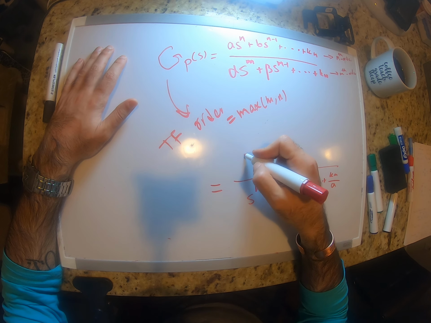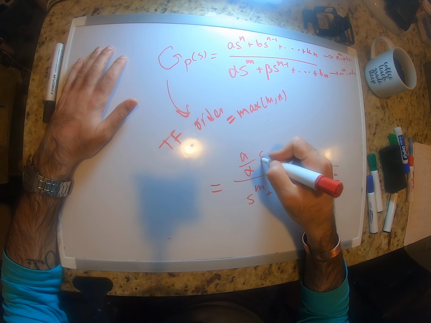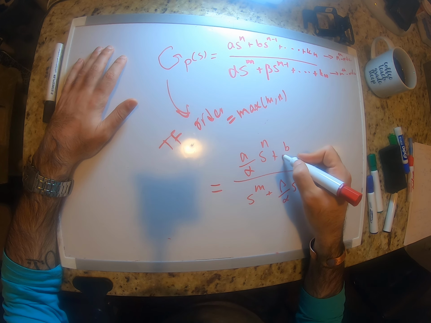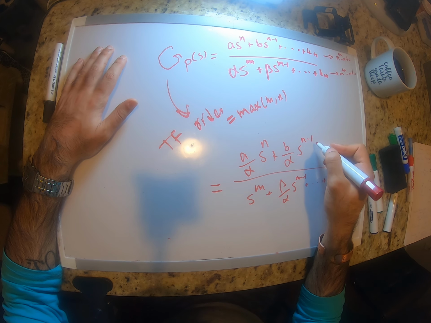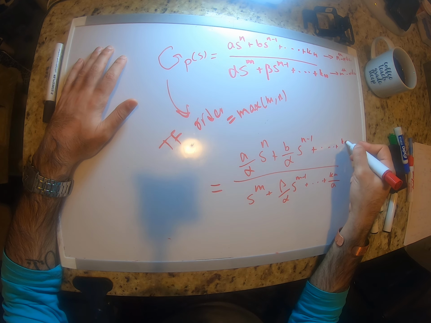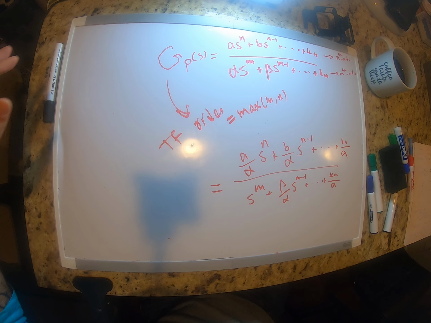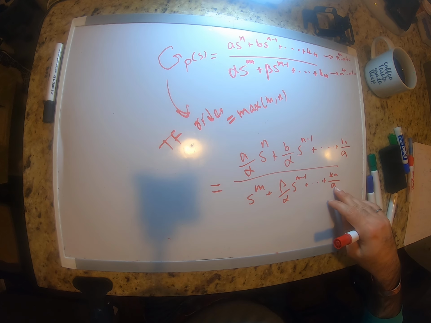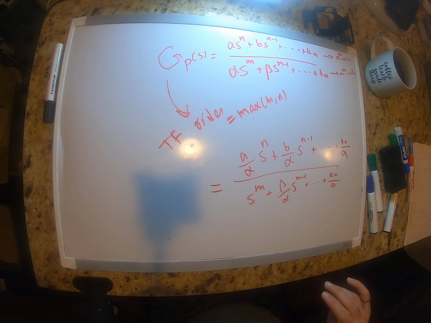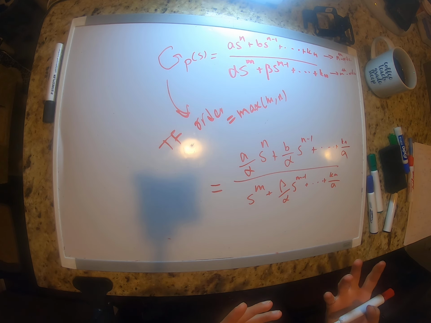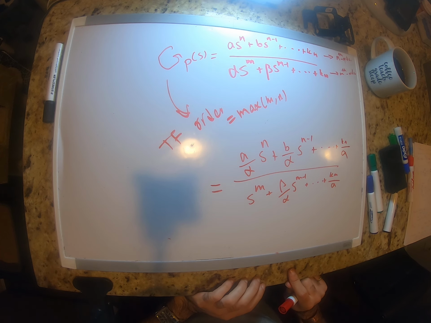And we'd have to do the same thing for the numerator, b over alpha S to the power n minus 1 plus k_m over alpha. This is the standard format, okay? The polynomial form, this is the standard form. In this course, we deal with real systems. And for most of the systems we see